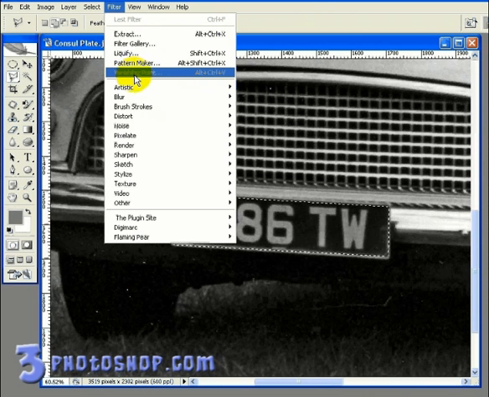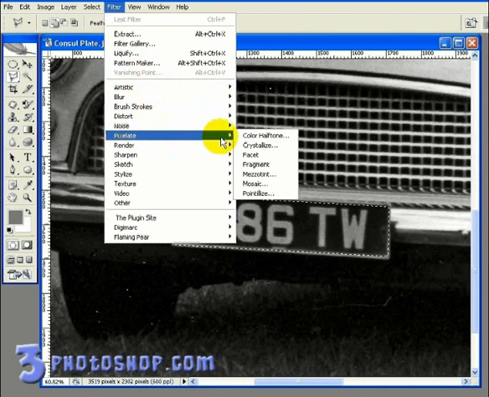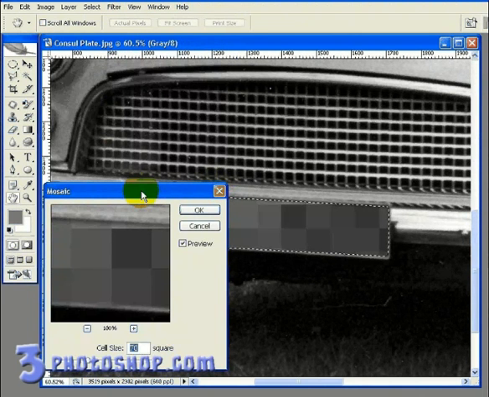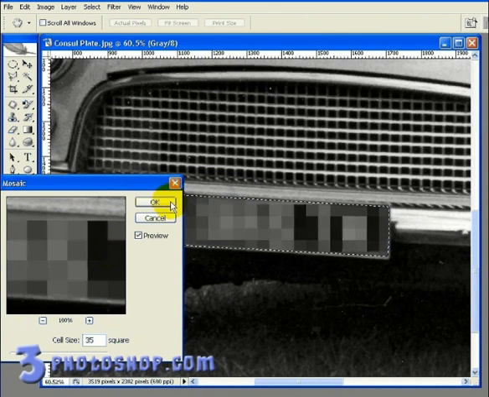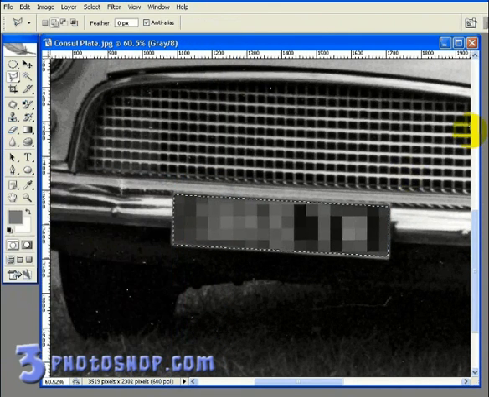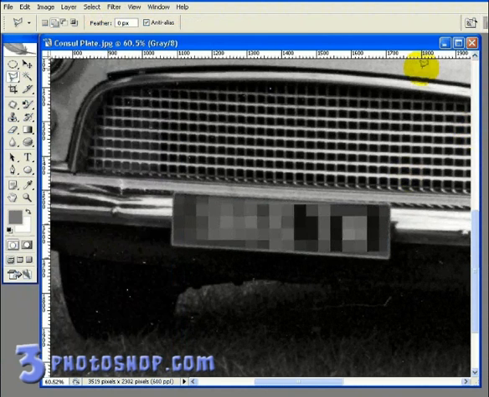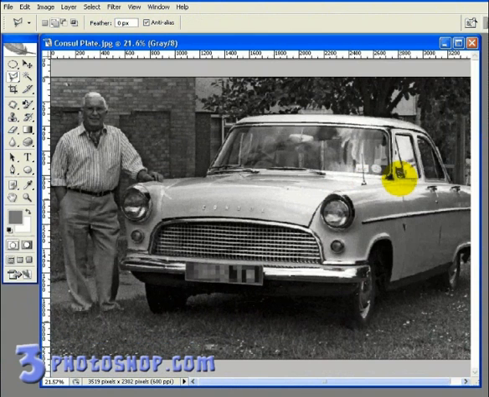The first filter I'm going to use myself is from the pixelate menu, and it's called Mosaic. And we get this little dialog box here where we can choose the cell size, and I'm going to select 35 squares and then hit OK. And I'm going to go to the select menu and choose deselect. Okay, so that looks pretty good, and as I say, this is perhaps the most popular method of censoring an